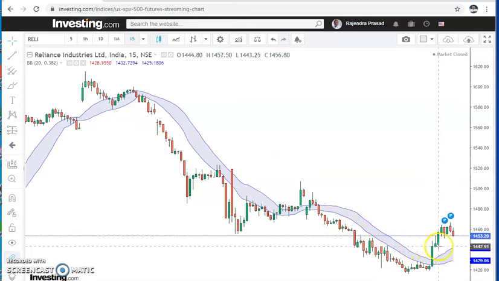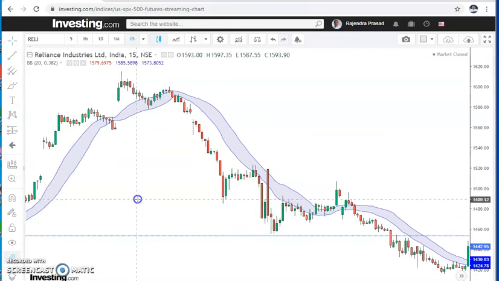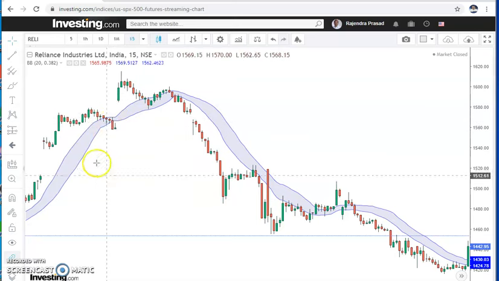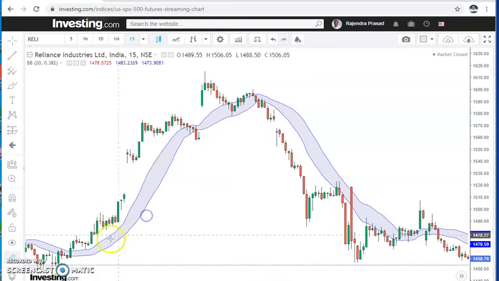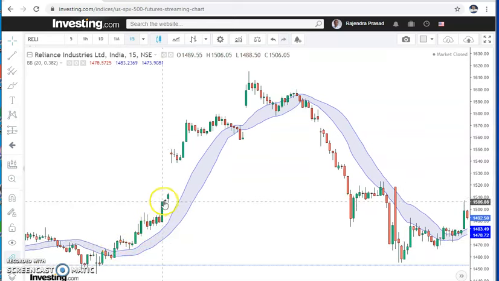Here if you see, the candle closed and went up. The important thing is you have to wait until the candle closes. This is not a trade, because this is at 3:15. Here, around 9:30 or 9:45 in the morning, these candles gave a decent up move. So 9:30 to 10:30 is the best entry time. In that particular time if you get an opportunity, you can trade this type of technique.